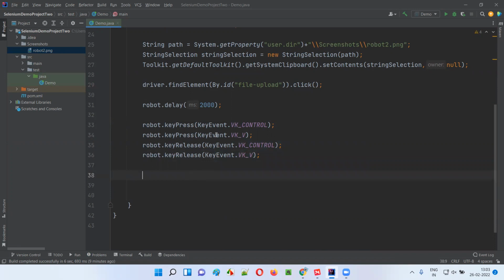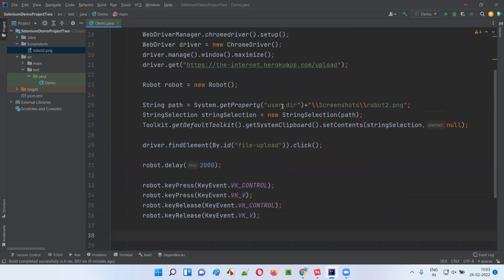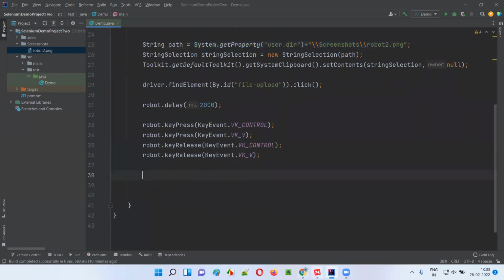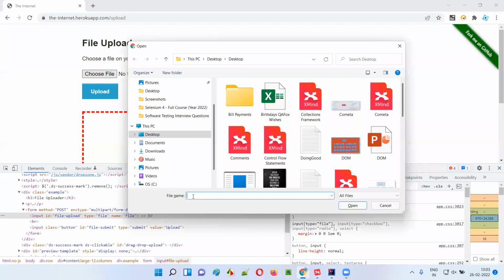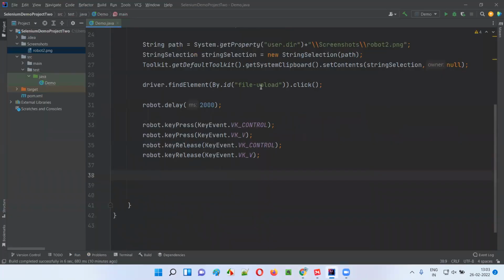So when you say Control V here, what will happen? The path of the file, robot2.png, that has been copied to the clipboard will be pasted into this box, because by default this will be in focus. Then the next thing is I need to click on the Open button. For that I just need to press the Enter key, so this button will be clicked. If I paste the path here, for example,